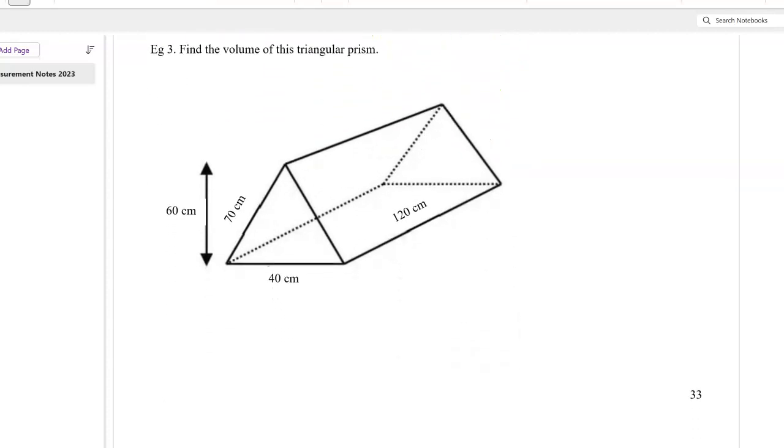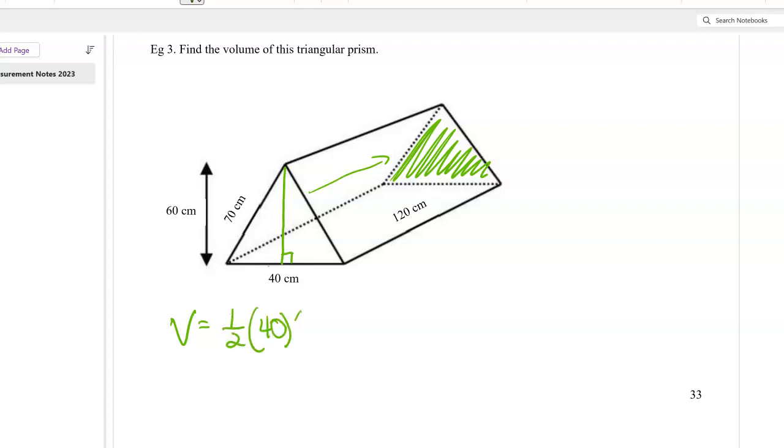Okay, let's try another one. Again, volume is going to be the area of the base. Take a look at this shape. What is the base here, do you think? To me, it looks like it's this triangle right here because it moves all the way through and then it's the same triangle on the back. So I need to find the area of this triangle. To do the area, I need the height. Lucky for me, it gives it to me. So half times the base times the height